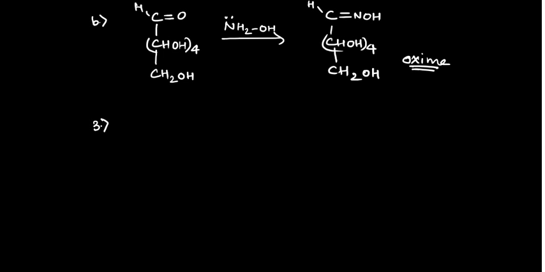The third point about the structure was that glucose has 5 alcoholic OH groups, where we have seen that 4 are secondary alcoholic OH and 1 is primary. But the main thing is, it has 5 alcoholic OH groups. So if we take glucose and treat this with acetic anhydride,